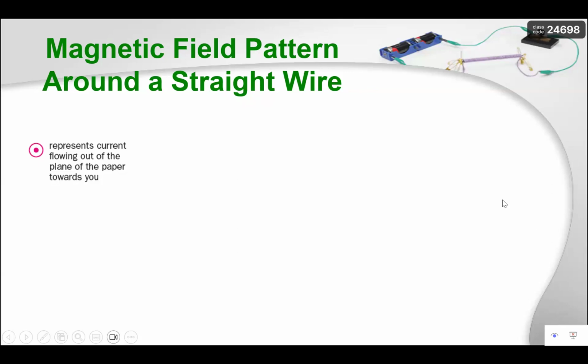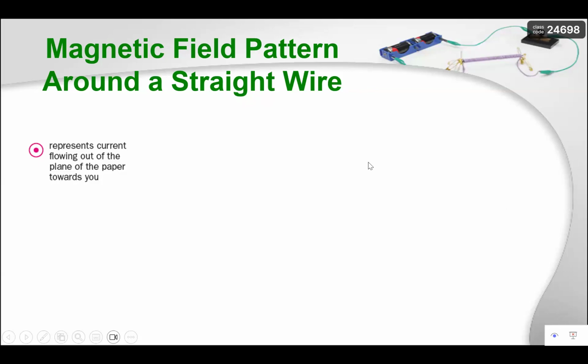Okay, so how do I remember it? They are represented by a dot and a cross. This dot and cross are just direction representations. Just like when you want to represent up, you draw a straight arrow up. So this dot and cross are just direction. It doesn't mean current, it doesn't mean magnetic field. It can be either current, magnetic field, or even a force. So it can be anything.